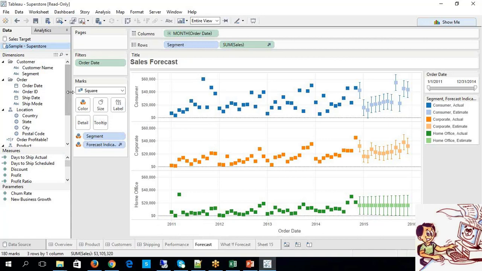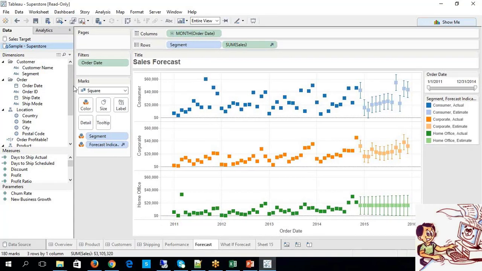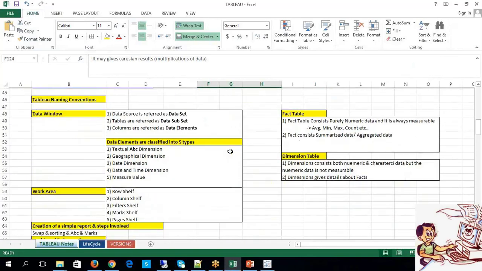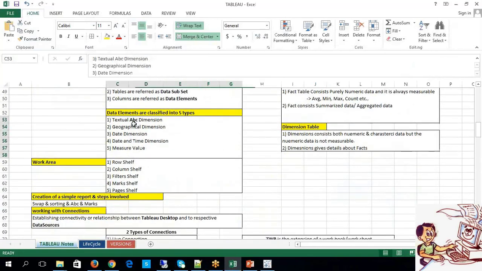Look at this, guys. Before starting my next session, firstly we should be in a position to identify the naming conventions of our data source elements. As I said, what kind of data sources do we have, guys? Data elements, I mean to say reporting elements. What reporting elements do we have?